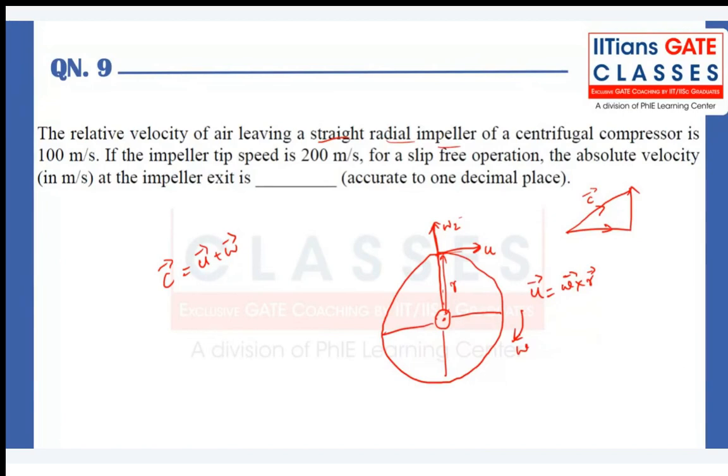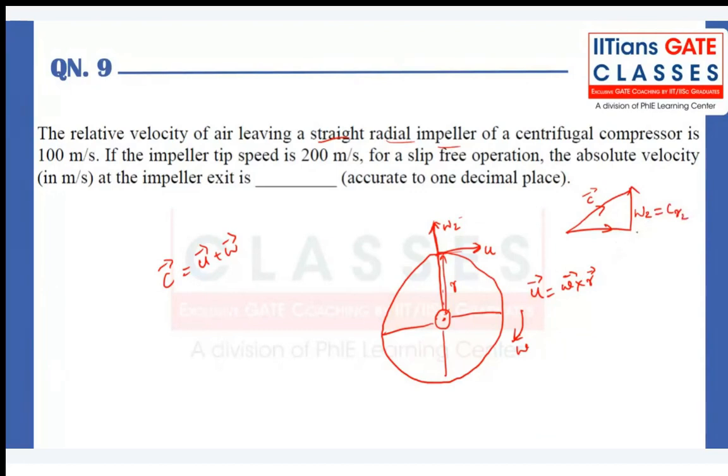So now we know it is a slip free operation. If there is a slip, then what happens? My relative velocity will be a little bit off from this radial direction because it's not exactly going to be radial. So in this case, I have W2 equal to CR at the exit. But in a slip,